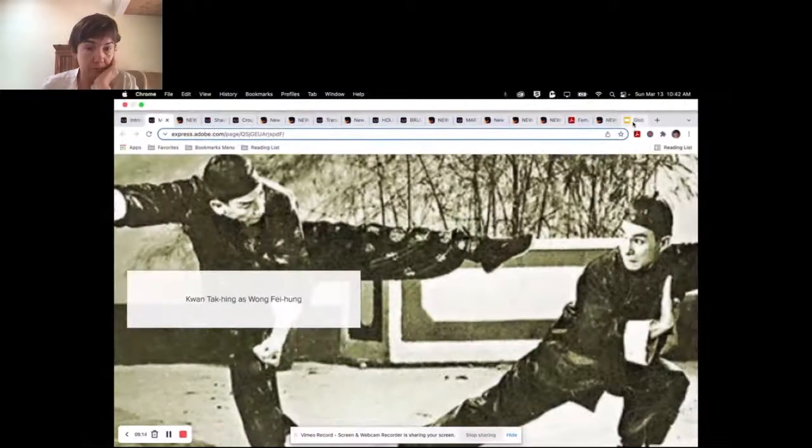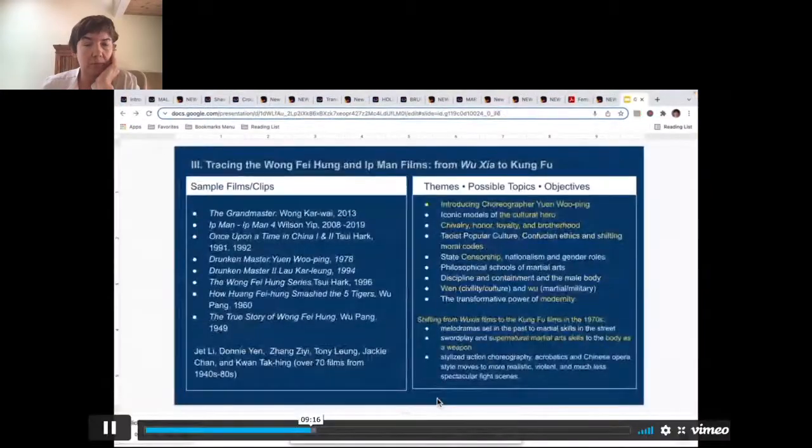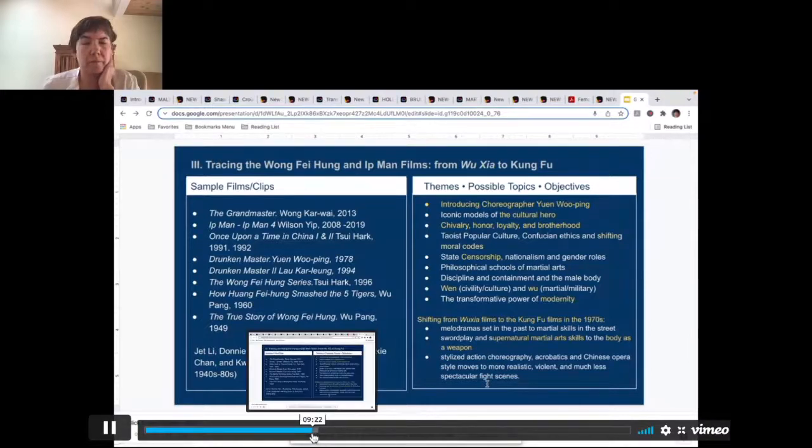The next unit, which I'm not going to spend much time on, is more standard. This unit allows me the space to introduce core concepts of the genre itself, and the idea is to look at Wong Fei Hong and Ip